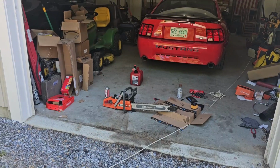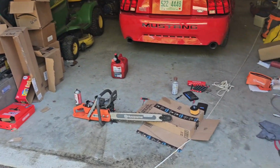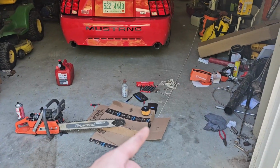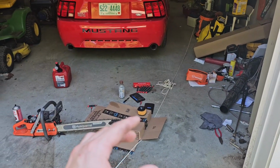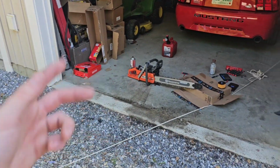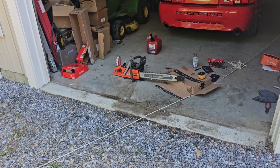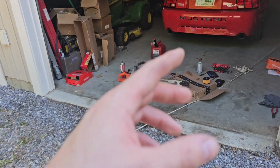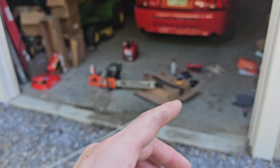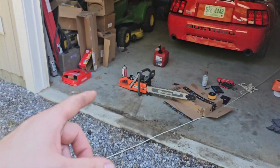I'm kind of gonna rule that out though, because it is pulling fuel now. But what I had to do to prime it, you see I got the air filter off right now. I tried to put some gas on the air filter so it would suck some gas in and then hopefully run and start pulling a better vacuum. That worked for like a second, or really it didn't work. It just burnt the fuel that was on the filter, and then it went back to not running again. So what I did is I took this screw out